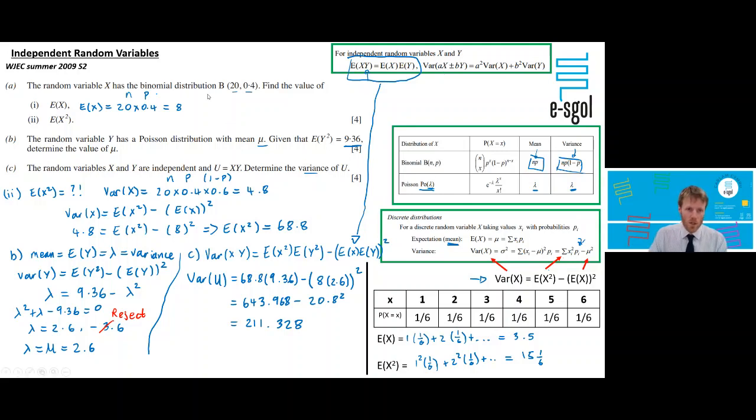So that's a question where you definitely need to get your formula book open and have a look through it, but you should know the mean and the variance of the binomial and the Poisson distribution, or at least know that it's in the formula book, and you've had to use both in the question to answer the entire question. Now on the next slide,